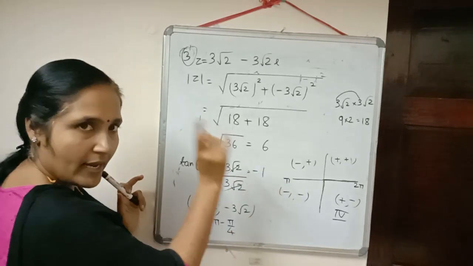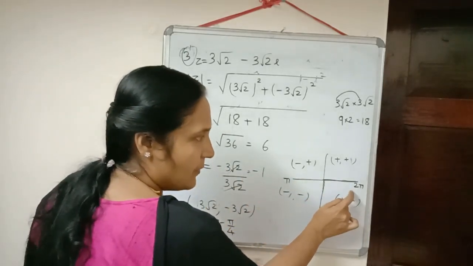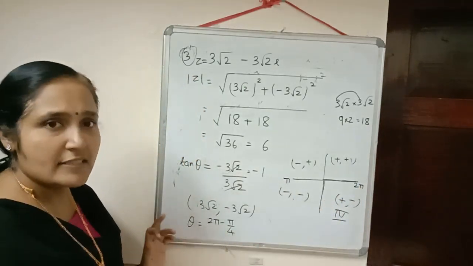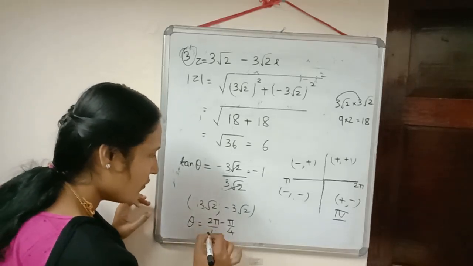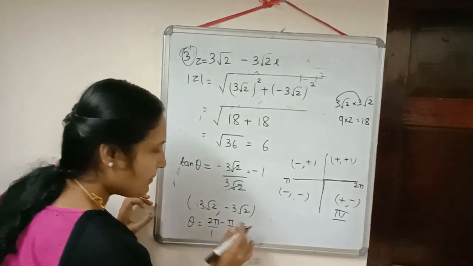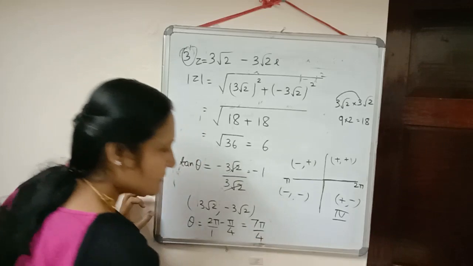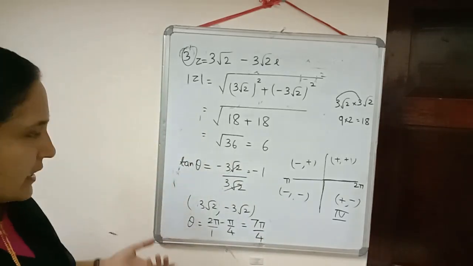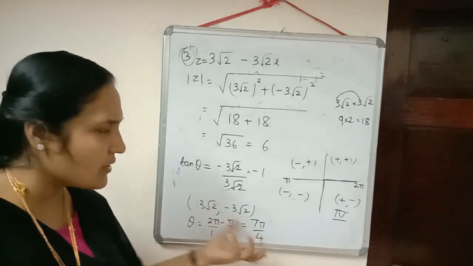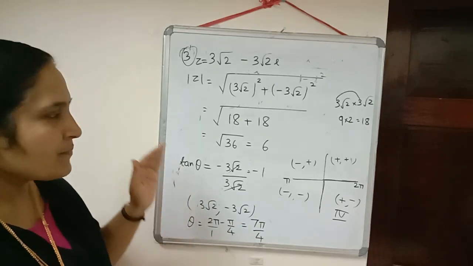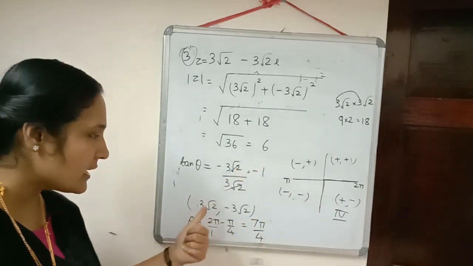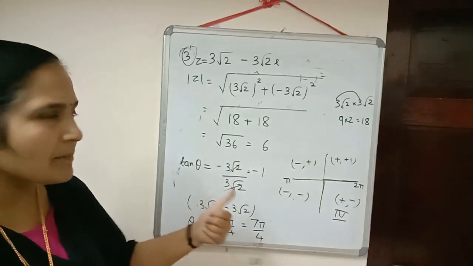Now tan gives 1 at 45 degrees, and since the point is in the fourth quadrant, it will be smaller than 360 degrees. So for that we just subtracted: 2π minus π/4. Now to do the subtraction, 2π into 4 will be 8π minus π, so we get the answer 7π by 4. In some questions they write the negative angle also. If you want you can write that, otherwise you can write it this way, 7π/4. So just check the value, then check which quadrant the point belongs to, and accordingly write the angle. I hope it is coming clear to you.